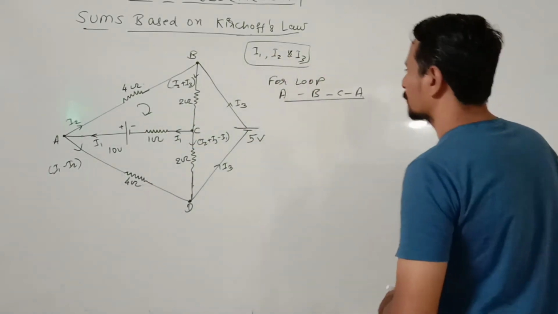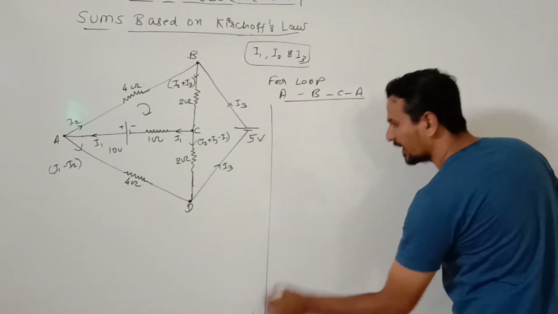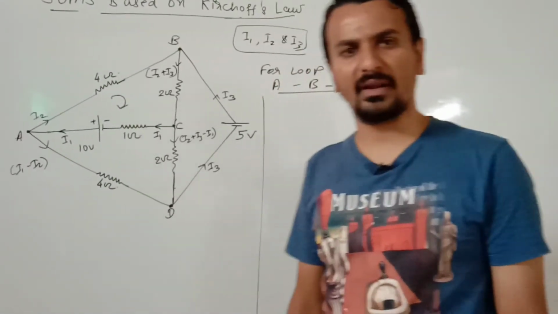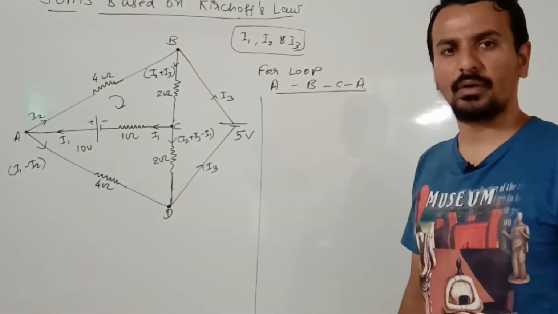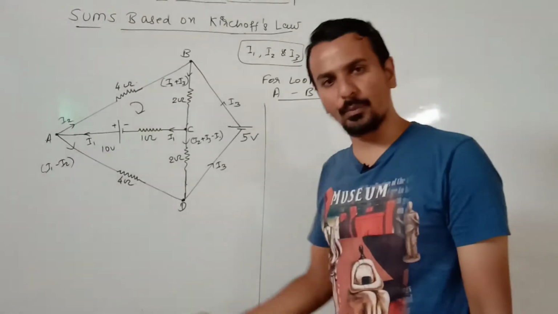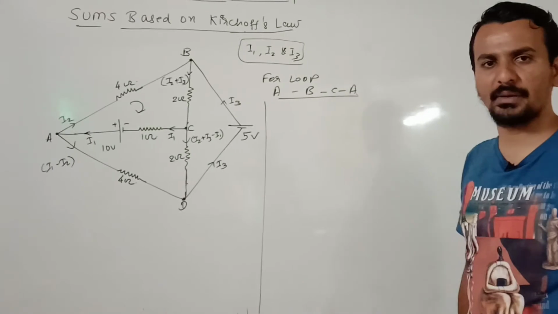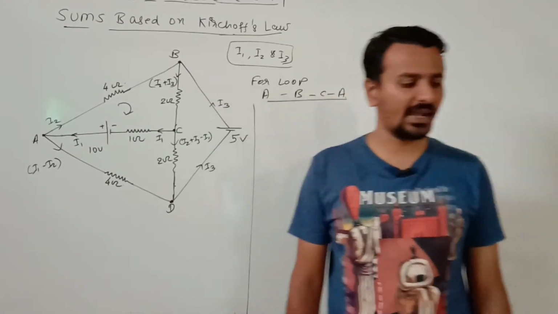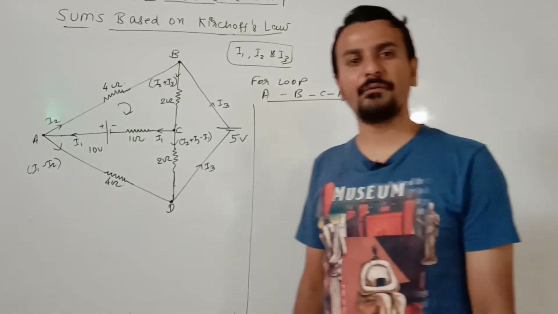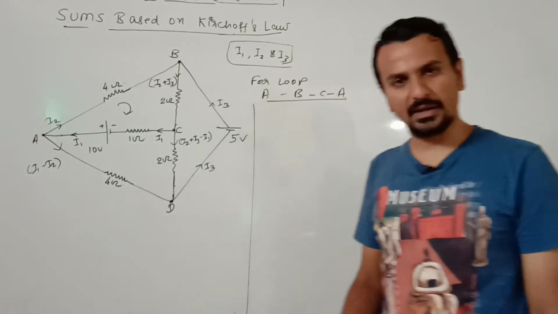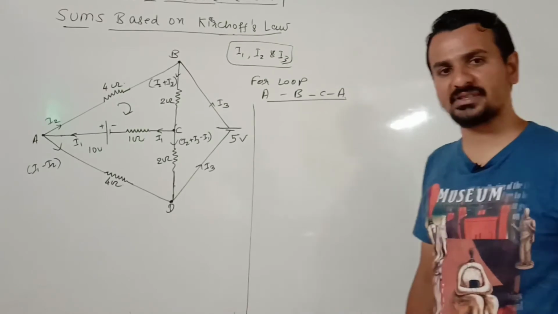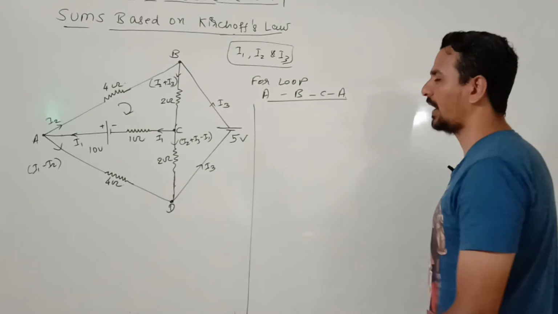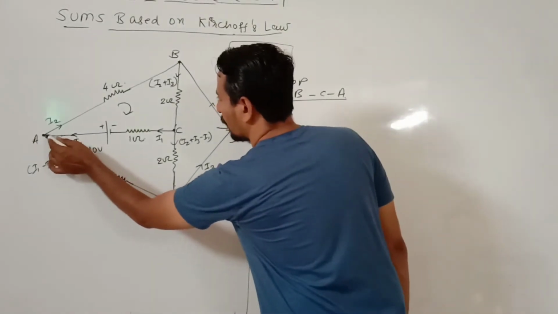Okay. So we had discussed in Kirchhoff voltage law that if you are moving in the direction of electric current, the voltage drop across the resistor will be taken negative, right? If you are moving in the direction opposite to the flow of electric current, drop will be considered positive, right? While moving from positive to negative terminal of the battery, the EMF will be considered negative, and while moving from negative to positive terminal of the battery, the EMF will be considered positive. Keeping these things in mind, let us start from point A.